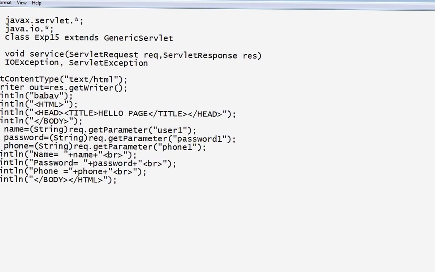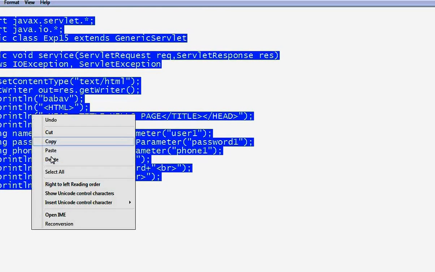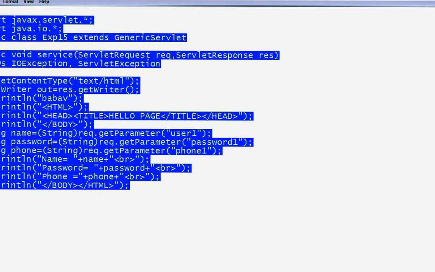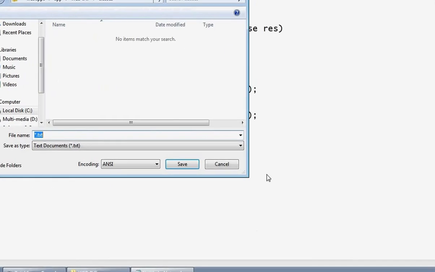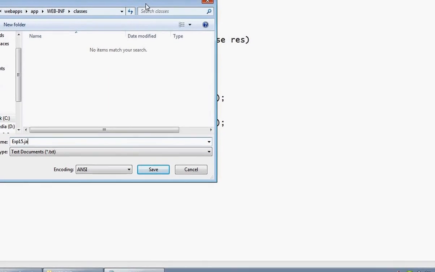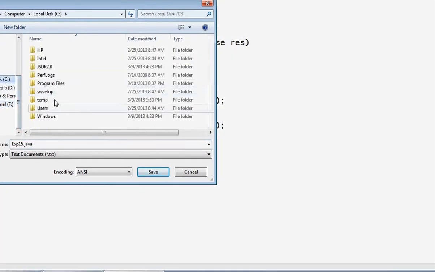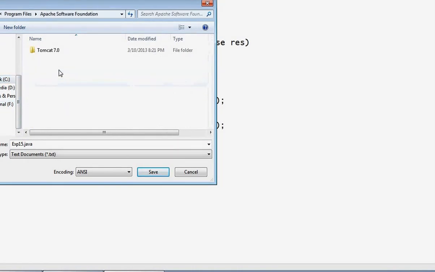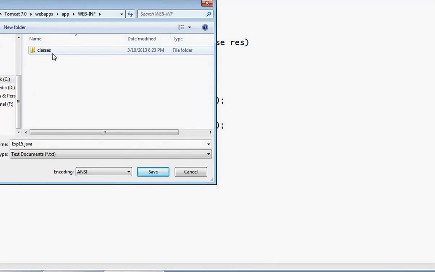I will just copy this whole code and save this file as exp15.java into the folder which we have created for storing the classes, that is Program Files, Apache Software Foundation, Tomcat 7, webapps, WEB-INF, classes.